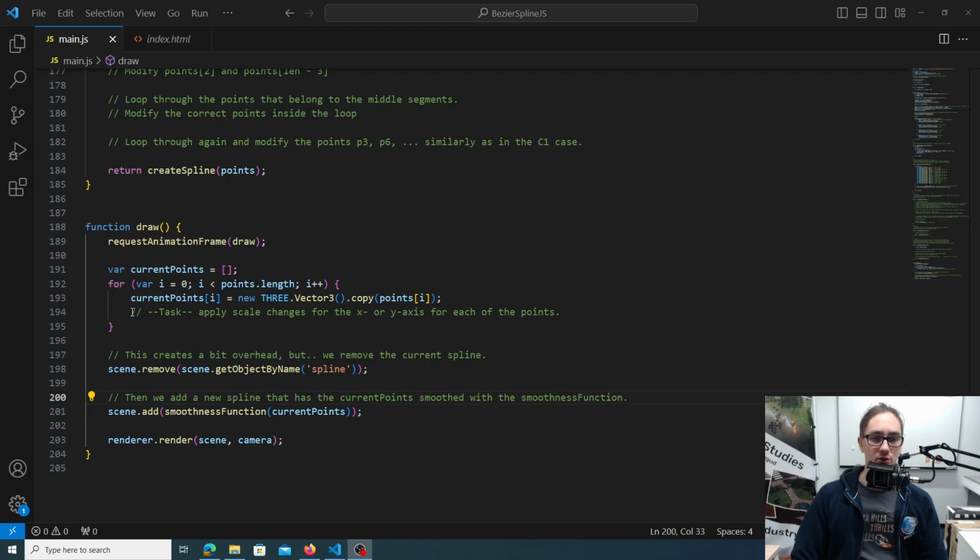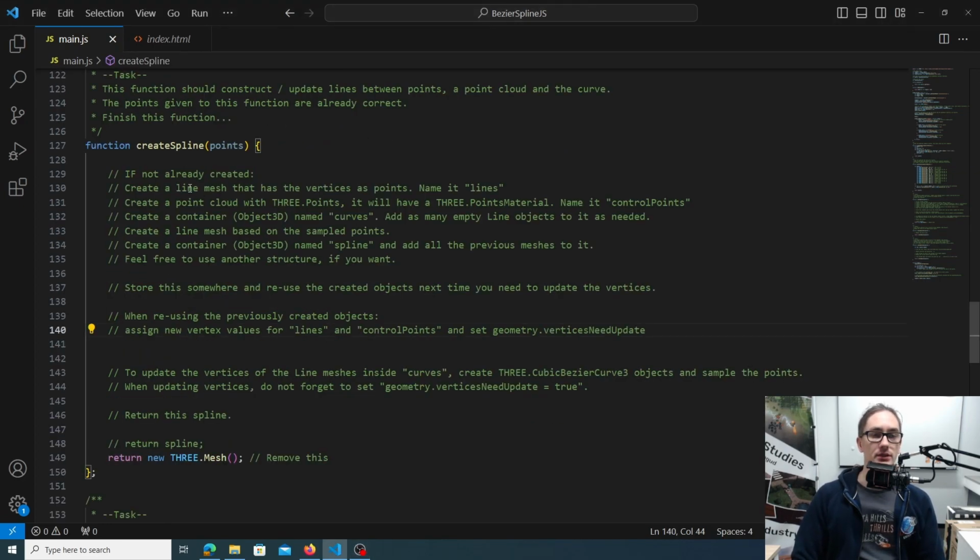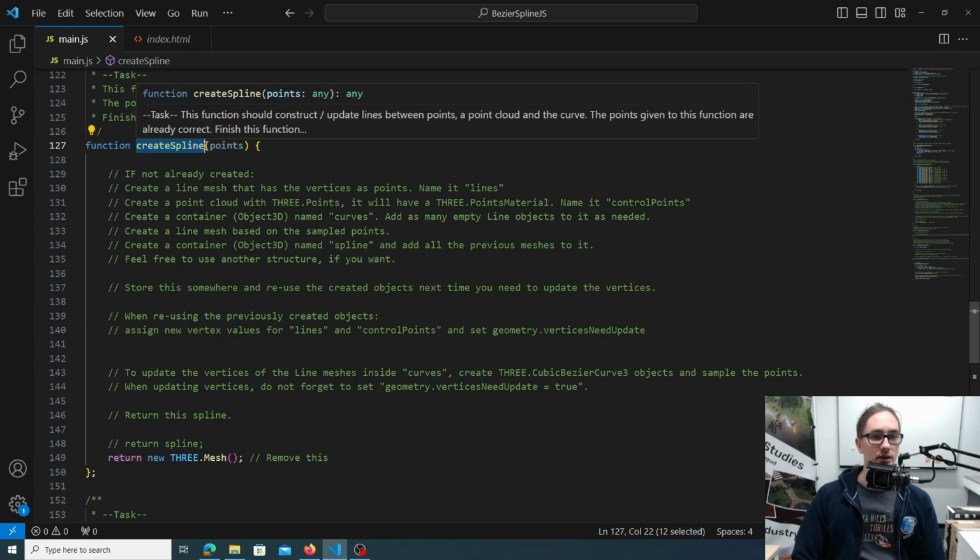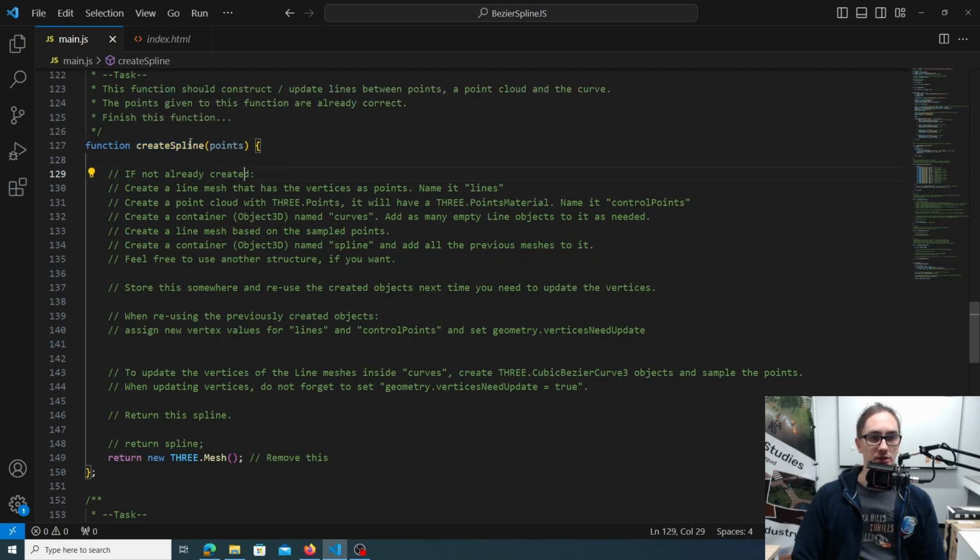In the draw function, there's also a task that we should scale all the points on the X or Y axis and see if anything unexpected happens. So let's get started with the implementation of create spline. And the main objective of this create spline is to create the spline. We want the spline to be this object 3D type